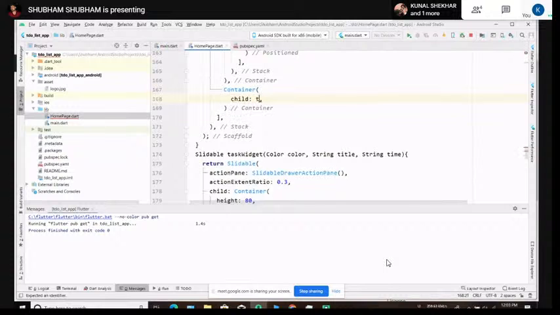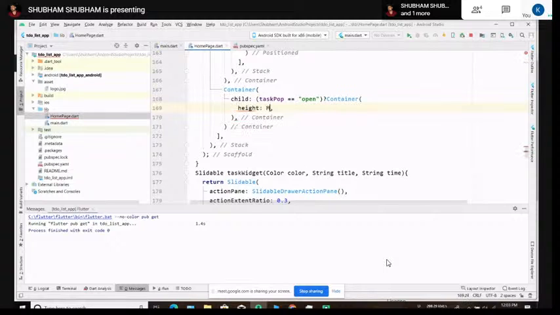Since we have created the task pop button, when the task pop will be open, and if the task pop is open, then our container should be displayed as